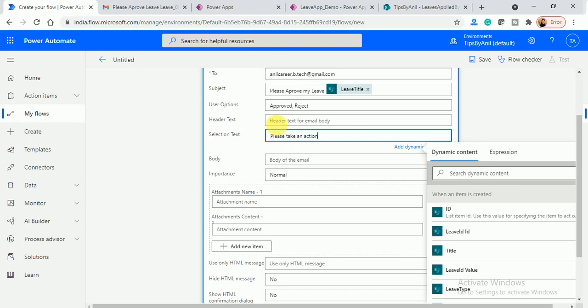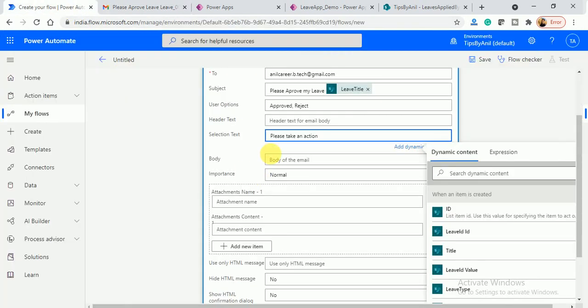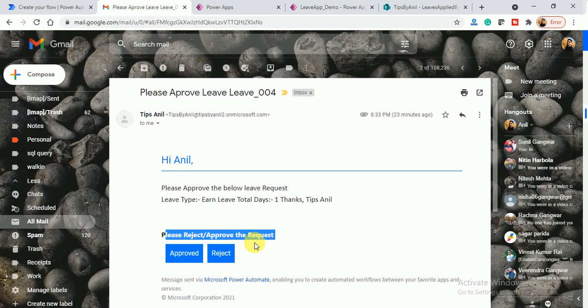What is the header text? I will show you. This is the header text, and this is the select text, and these are all your choices.